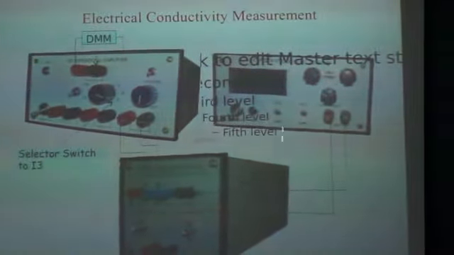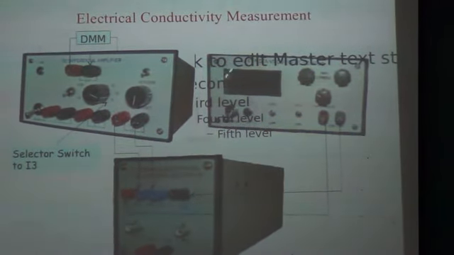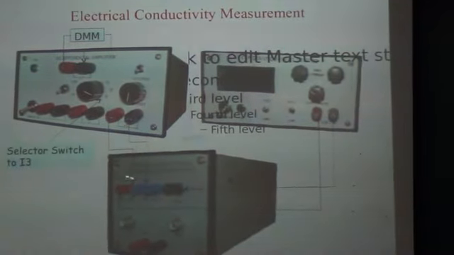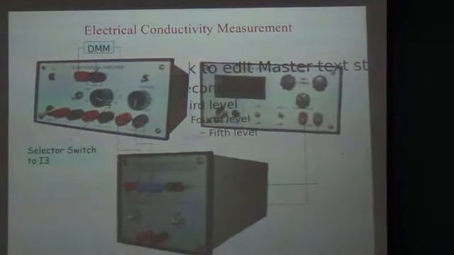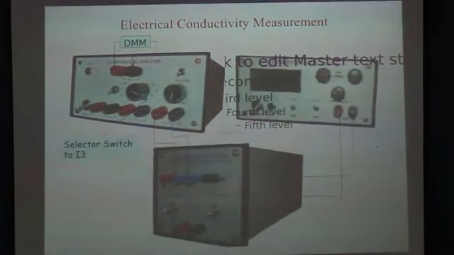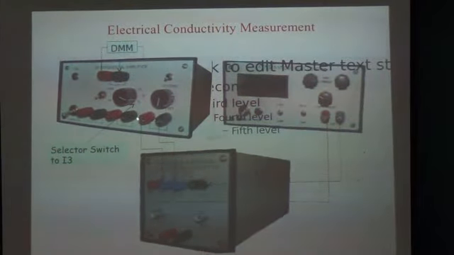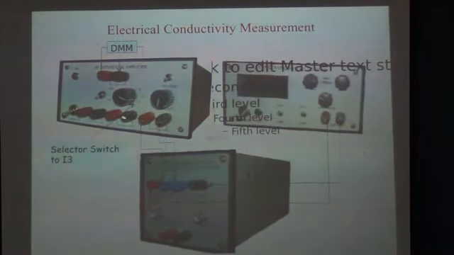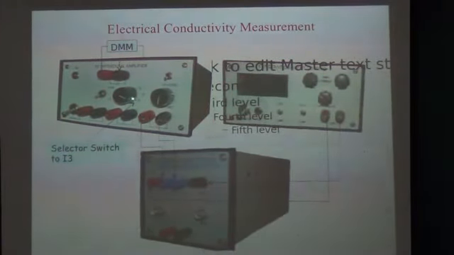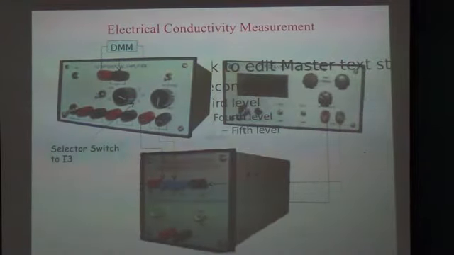Okay, this is for electrical conductivity measurements. Again we have to use the same constant current source. The constant current source is connected to the two extremes, and the voltage we have to measure is between the two terminals. The voltage is also small because copper has a small resistance. Here this voltage is fed to the third terminal, because these two are provided for thermal conductivity. So you have to make the measurements by using L3. When you take the measurement, you throw the switch to L3 and measure the digital multimeter reading.